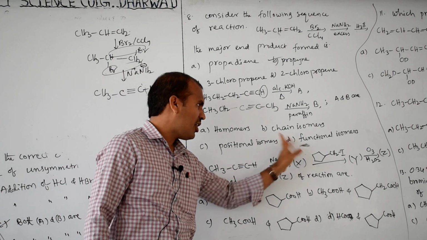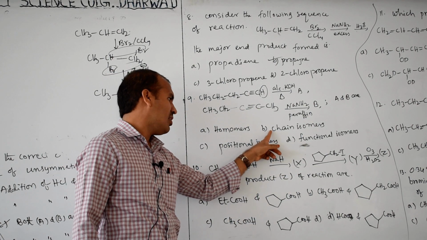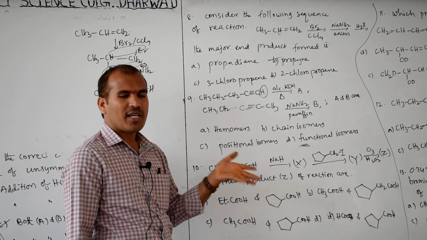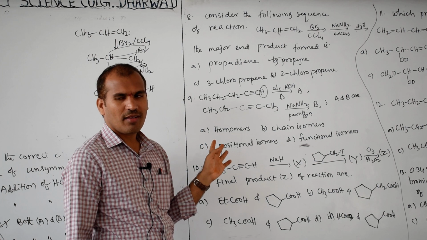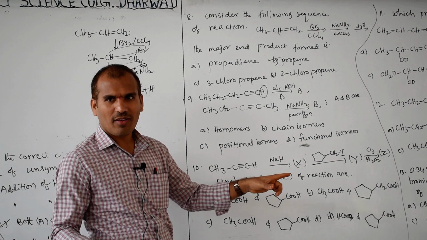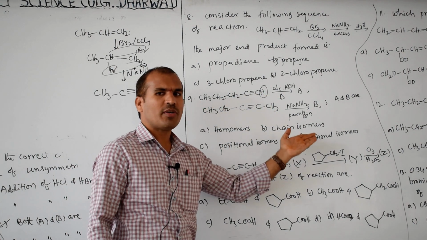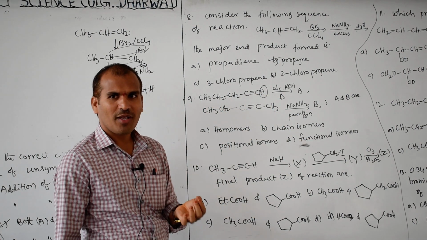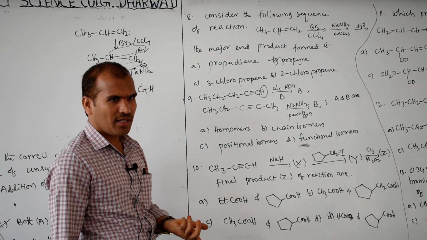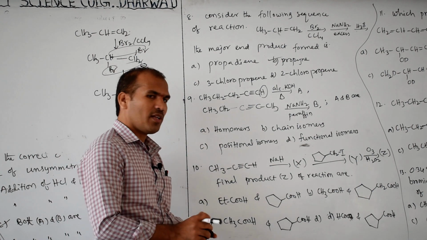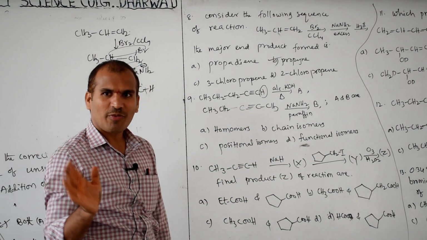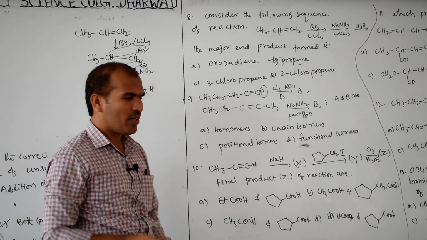Then we can eliminate the D option. The answer is B or C. Simple. Positional isomer. Chain isomer means a chain difference should be required, no? Here 5 is there, here also 5 is there, so not chain isomer. Here 1 position, here 2 position, the number changed, that means the position changed. Therefore positional isomer. After changing this structure, before that they are not isomers. Whatever I gave in the question, before that they are not isomers.